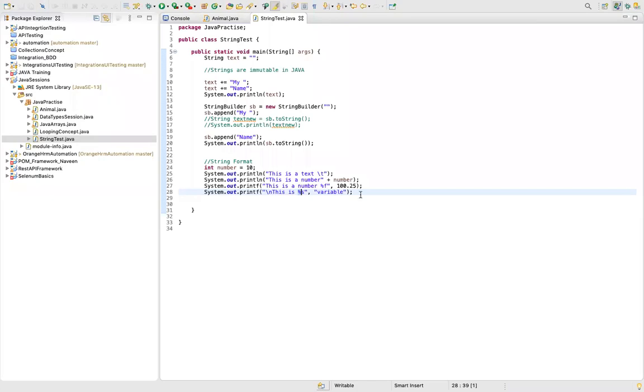Okay. So let's assume if I want to say my name is Ajay Mishra, and let's say if I want to print using a method. So I'll say /n, and I don't want to give my value directly over here. Let's assume that my particular value, this Ajay text, is stored in some other variable. So first let's see the direct method. So let's say my name is %s, and then I'll say Ajay.